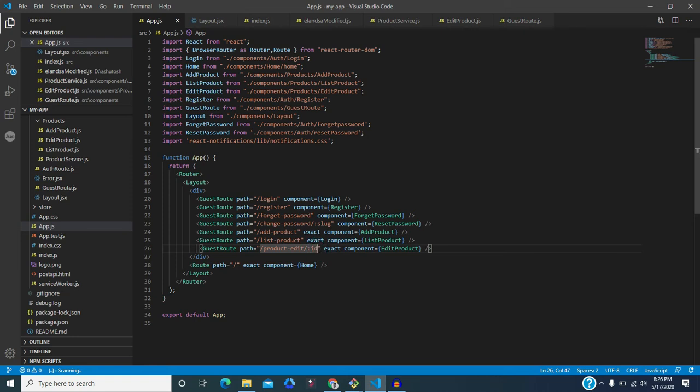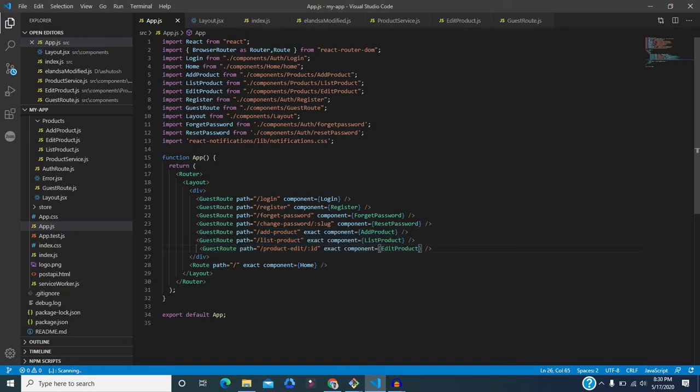Whatever id we pass, we can get that id and its information, and we can fire an API. We will pass that id to the API and get some data about that particular product. So basically these three routes are useful in this project.